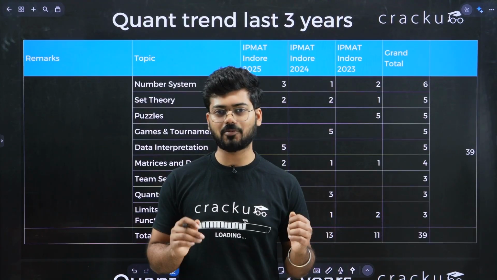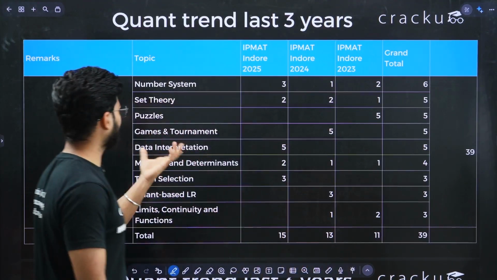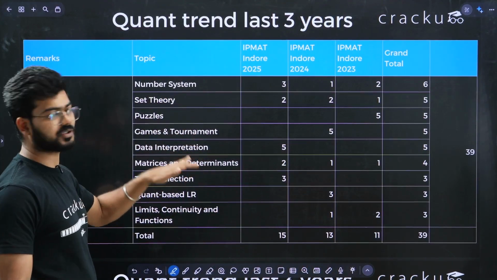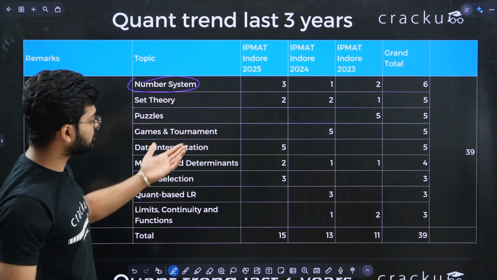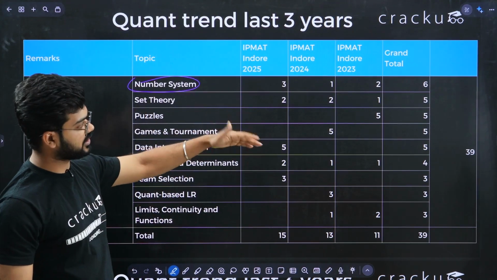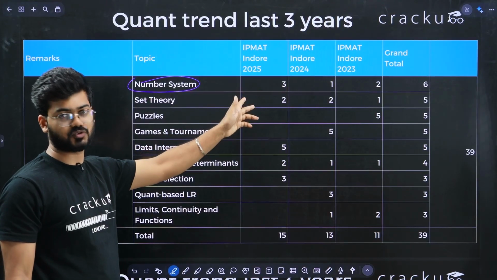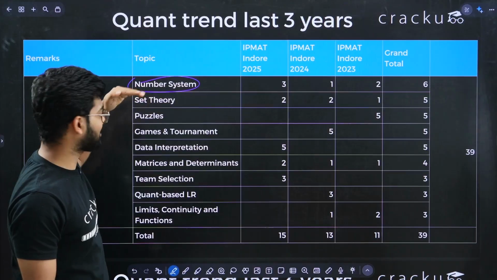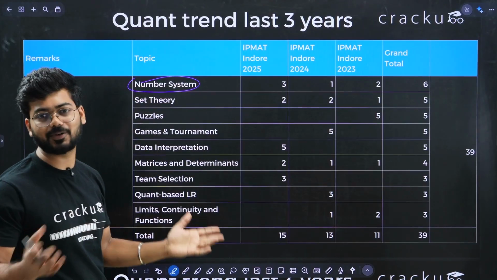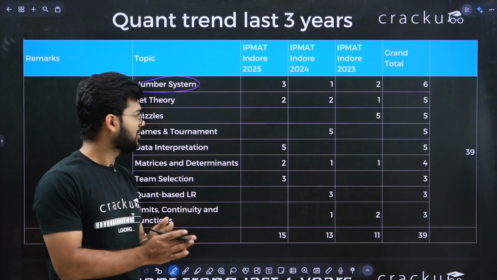Now let us see the other topics which are standalone, not directly connected to others. First is number system, right? It also comes; we can see over the years, 6 questions have come from this topic. It looks like a simple single topic, but in itself there are multiple concepts like remainders, right?